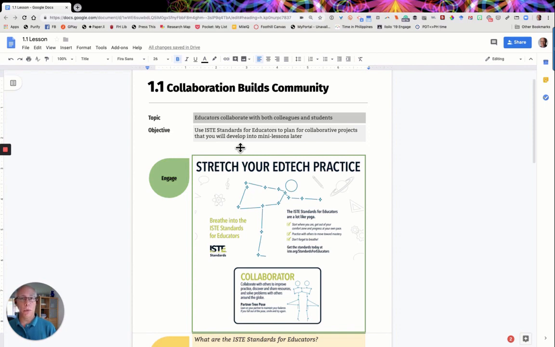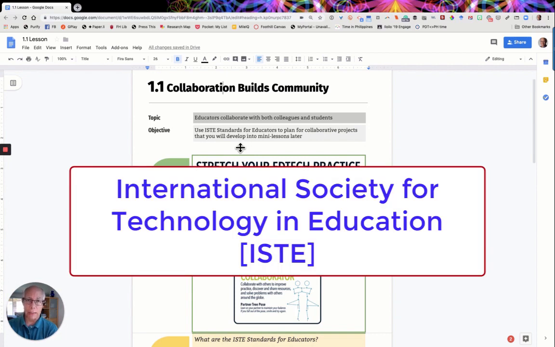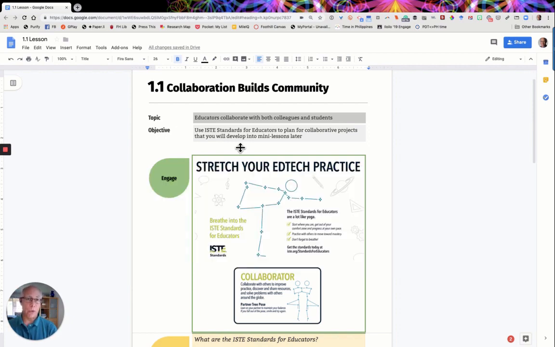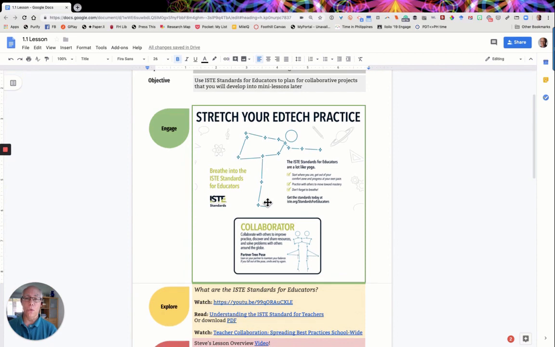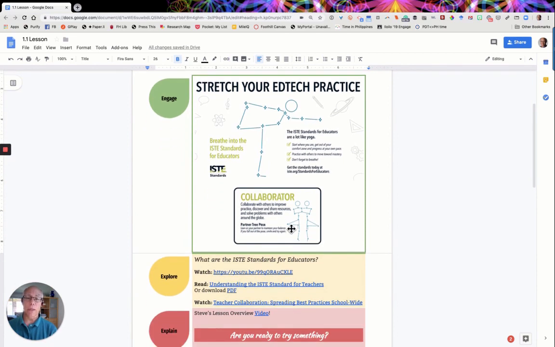We're going to explore the ISTE standards for educators as an international set of standards for educational technology educators. ISTE is an acronym, and it means International Society for Technology in Education, ISTE, as it's commonly known. They have standards for educators. We're going to explore a few of them in our course. Today is the beginning. We're going to look at the standards for the ISTE collaborator and what it means to